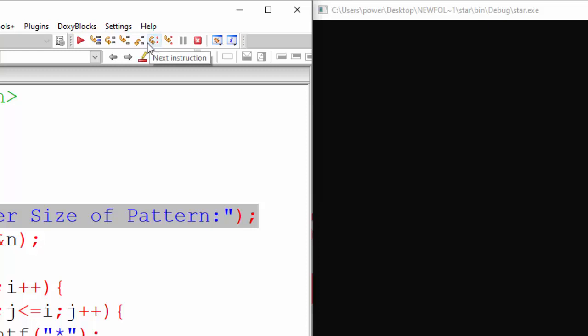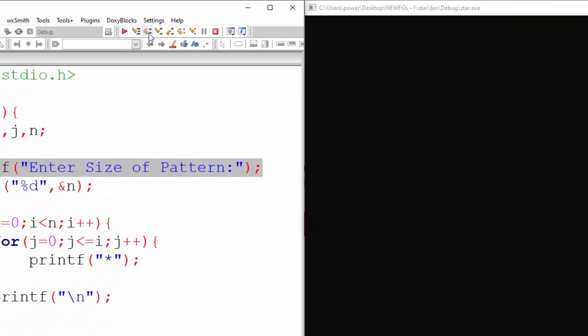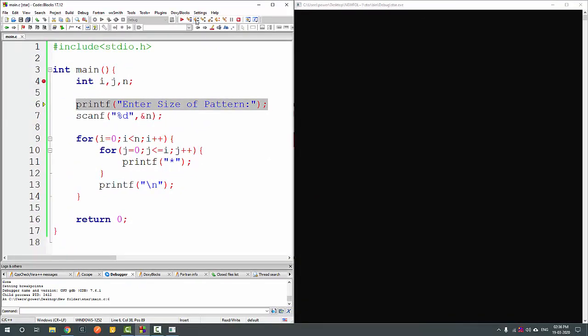So out of this, what we are going to do is we are going to select this particular button, that is the third button, that is the next line. So what it does is it completes the particular line and waits at the next line. Okay, so let us click that once. As soon as you click, you saw that it has executed the previous statement and it is now halting for